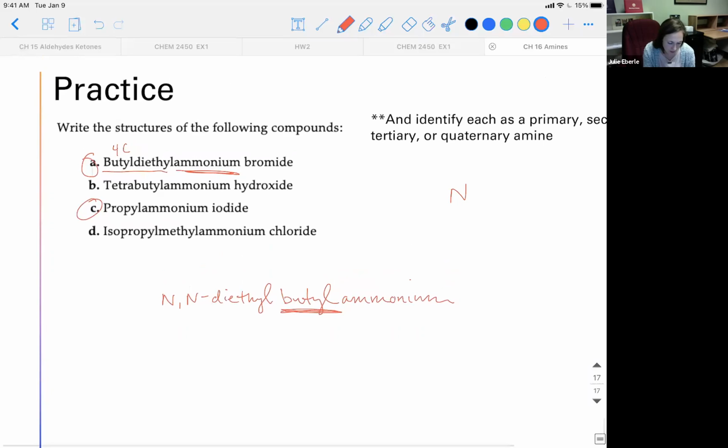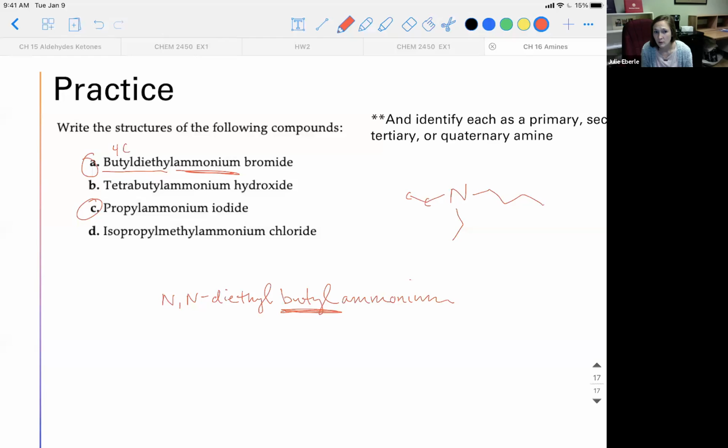We got a nitrogen in the middle here, and we've got a butyl group. So I'm just going to draw in stick formation: 1 carbon, 2 carbon, 3 carbon, 4 carbon. And then diethyl: that's 1 carbon, 2 carbons, no, that's 3. Okay, so there's a carbon there and a carbon there. There's an ethyl group and there's another ethyl group. Now, the last bond